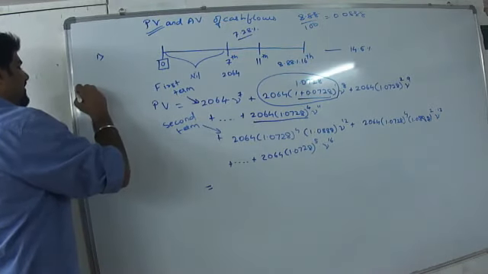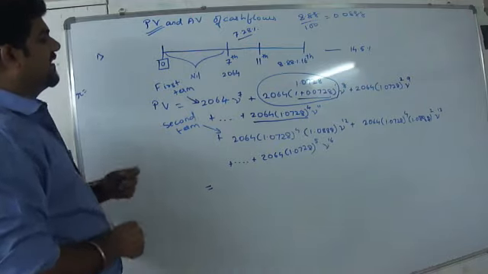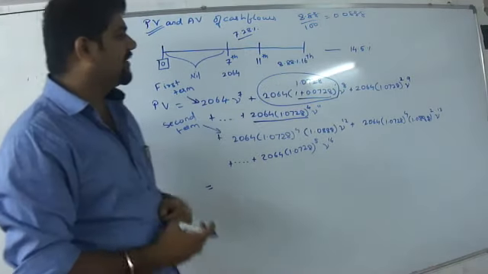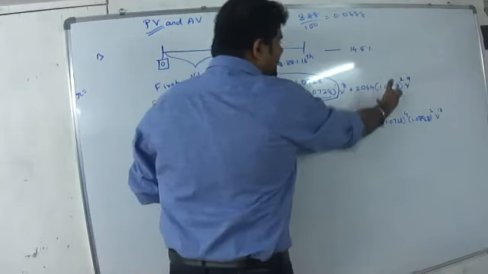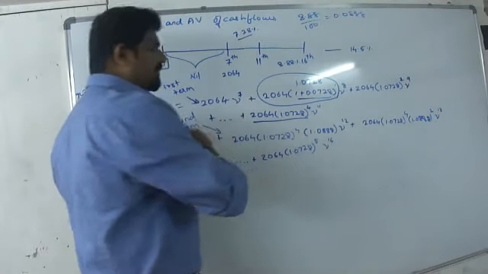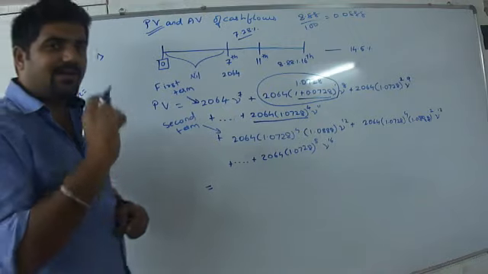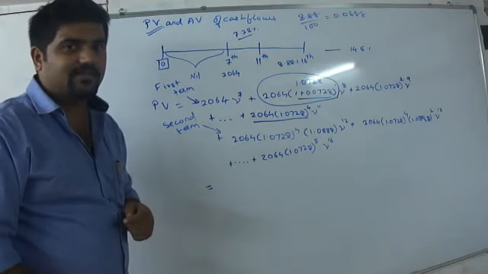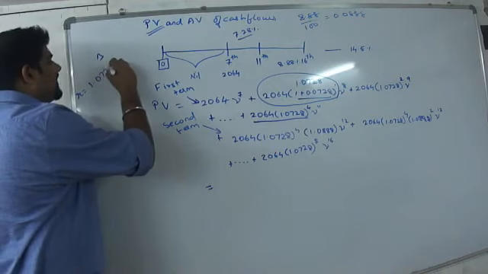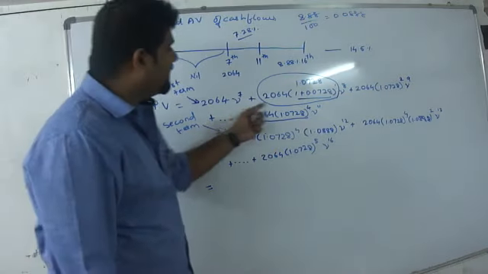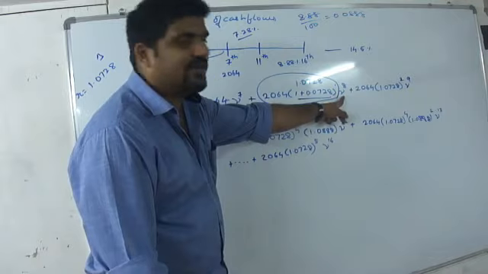Every time I have asked the ratio, the very first answer I get is, sir, the ratio is 1.0728. So 1.0728 here, again multiplied with 1.0728, again multiplied with 1.0728. It is not the correct answer, because apart from 1.0728, it is also being multiplied with the discounting factor nu.